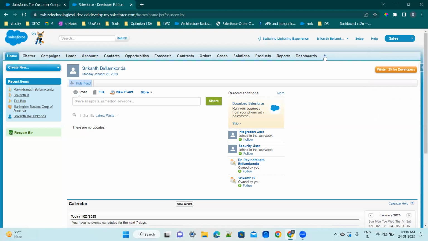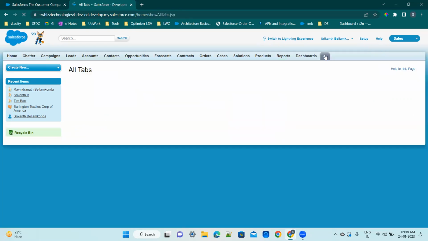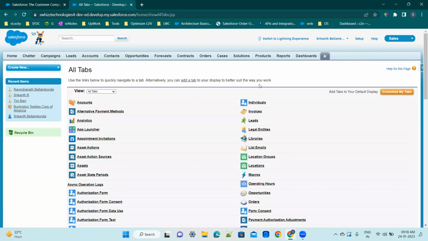Here the plus mark indicates all tabs, because I cannot put all the tabs here at a time. That is the reason they gave a plus mark. When you hover on this, it shows all tabs, and when you click on that plus mark, you can see the tabs here. Similarly, when you switch to the Lightning Experience part,